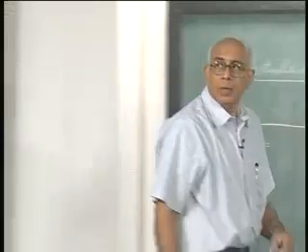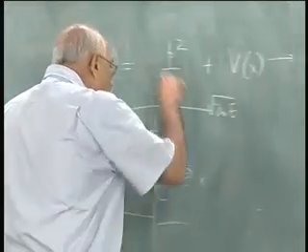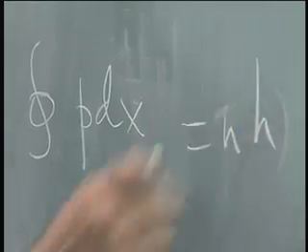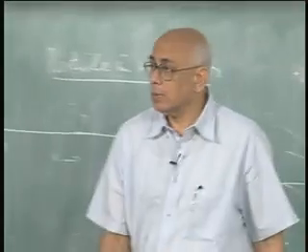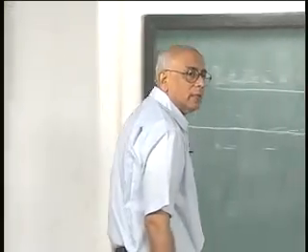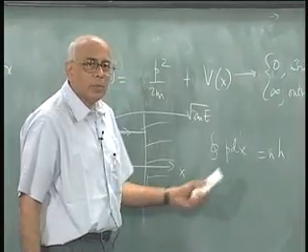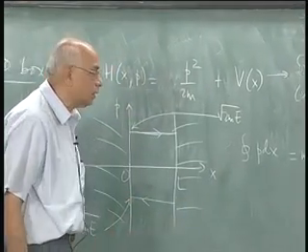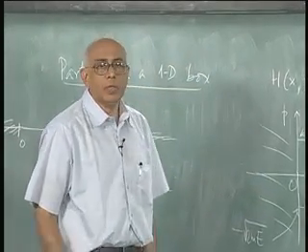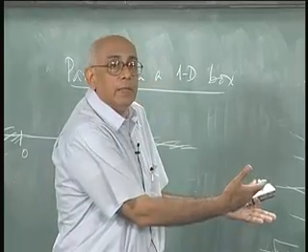Let us do old Bohr-Sommerfeld quantization, then I stop. The old rule said the integral for a periodic orbit of p dx was equal to Planck's constant times an integer. That is the Bohr quantization rule. This was postulated by Niels Bohr. Of course after the Schrodinger equation came in, this got thrown out, but it is actually back. This is the semi-classical result, and I will come back and explain why this is a very profound result. It is a highly non-trivial way of looking at it, and it is a very crucial input in quantum mechanics. So suppose we apply that to this problem here